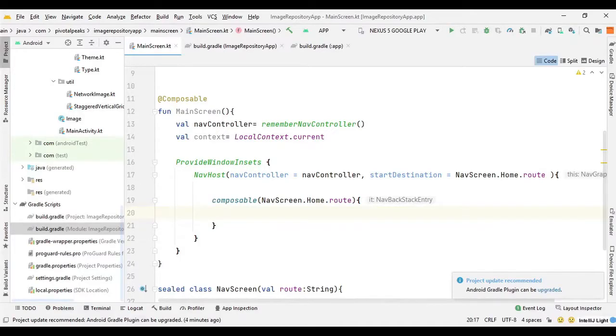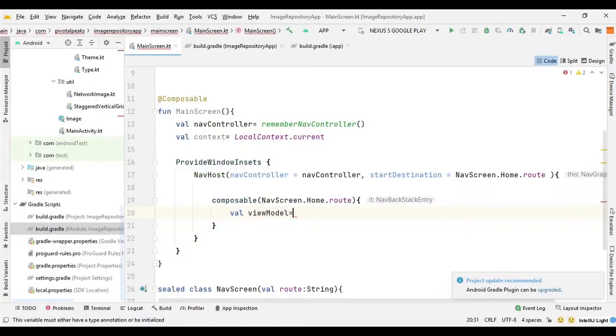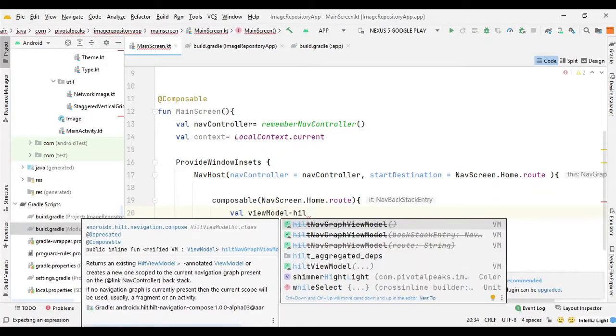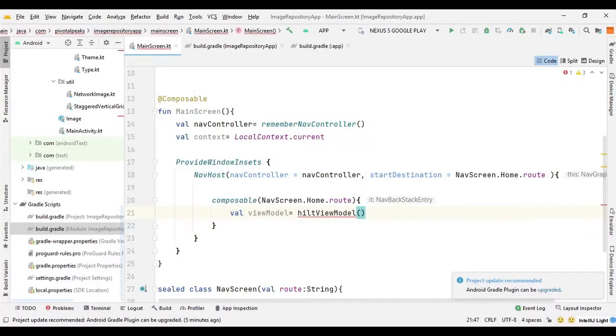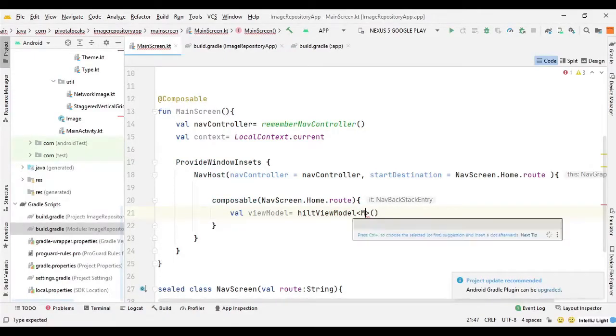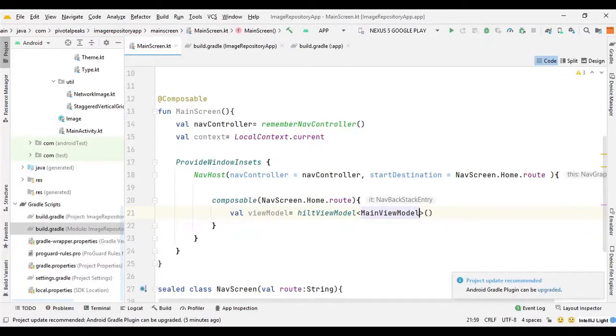So we can say val viewModel = hiltViewModel, and here we need to provide the MainViewModel. So we can say MainViewModel.